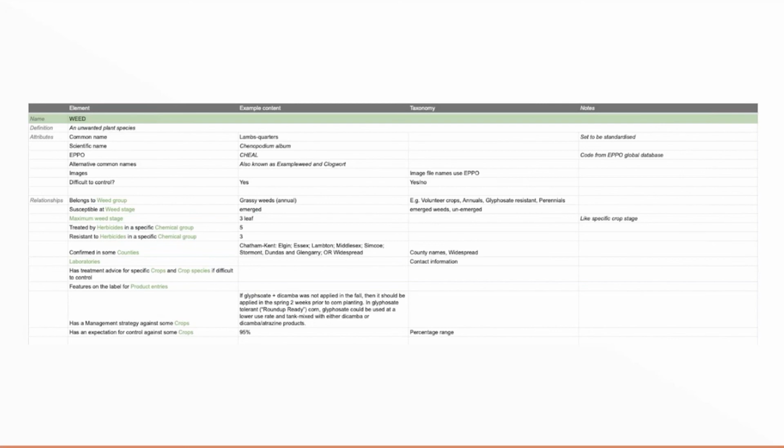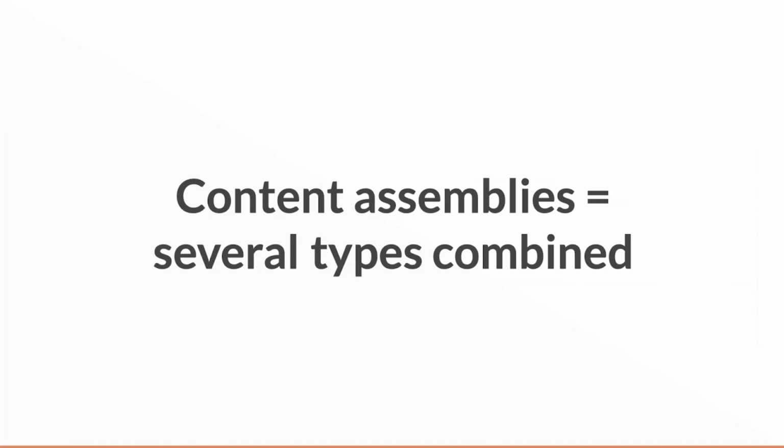Sometimes when we have this kind of capture of information, we would have a column for whether it's mandatory or not. So when you create this in your system, does it have to be there or not? And also maybe you want to capture the actual field type, for example, formatted text, a Boolean, a list, an image, etc. So just to show you that quickly, some of you work with these all the time, I know.